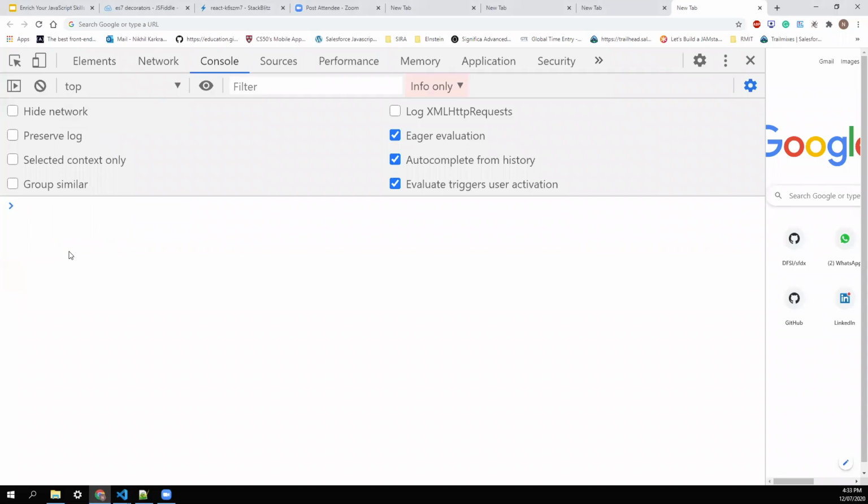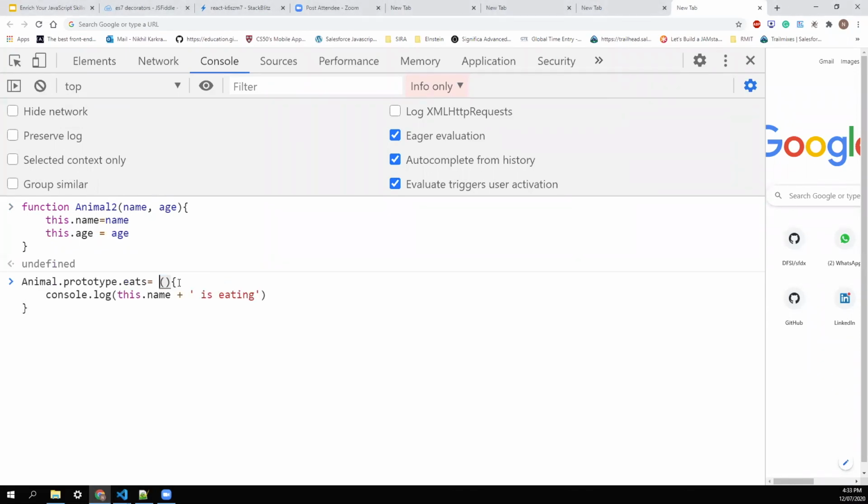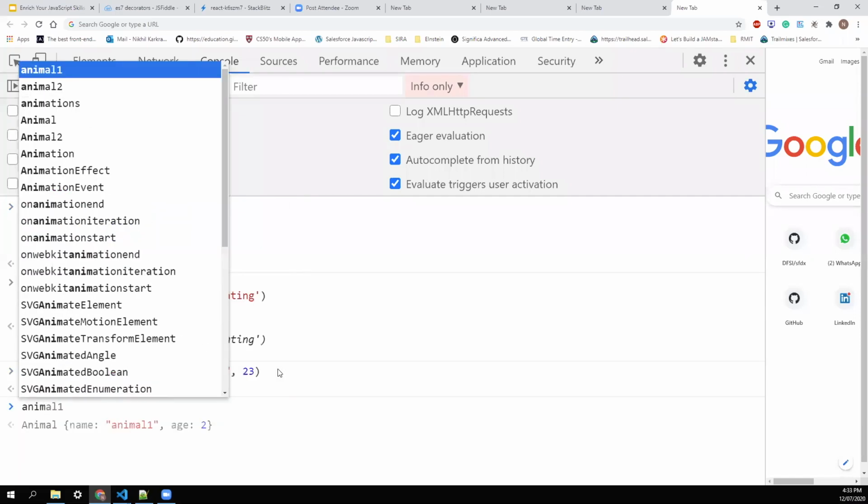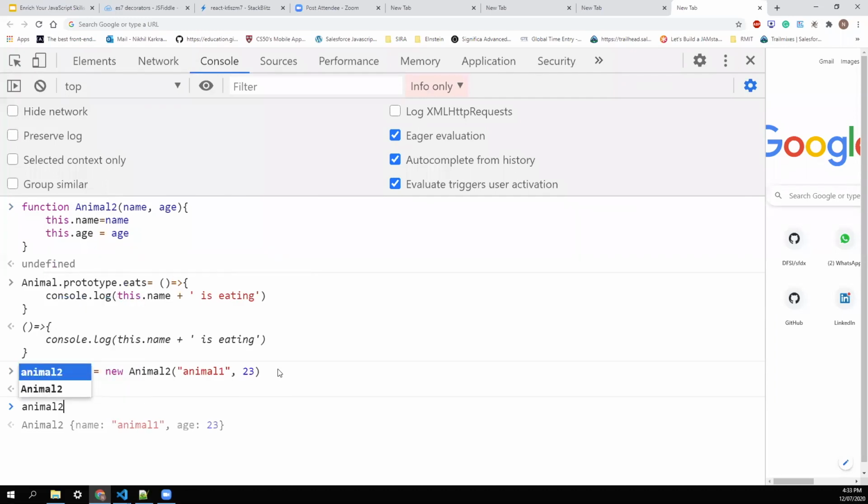Animal is already there. We'll say Animal2, and convert this to an arrow function. Now I'll create an instance of Animal2, and Animal2 is my constructor. I think in function prototyping you used Animal when you used the prototype.